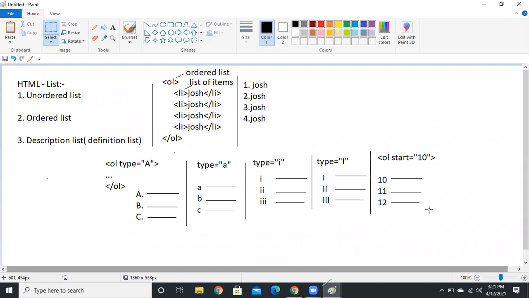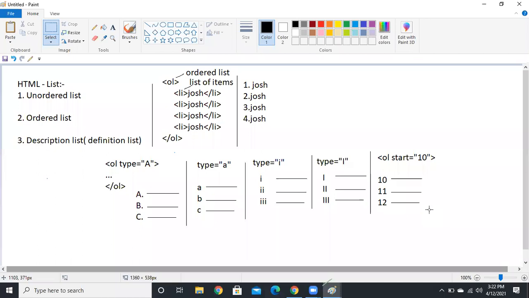So further, we just use two attributes. Type capital A and start 10 only. Yes, type A, but I just use start now. By default, OL will do what? Ordered list. That's how you get numbers by default. It will start from 10 onwards.